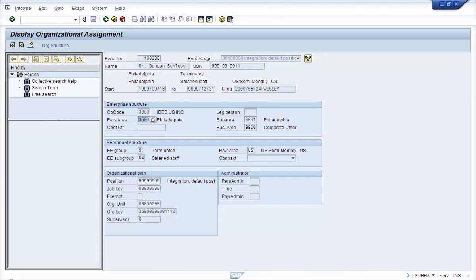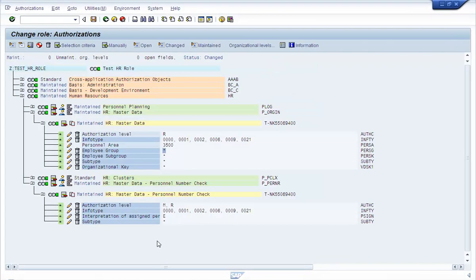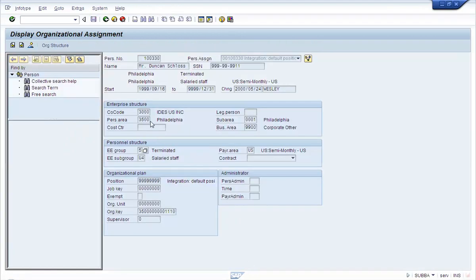So 3500 and employee group 5. Now one thing you need to note is that these elements which we are using for restricting access to data, the values for these fields, are displayed or available to you in info type 1.